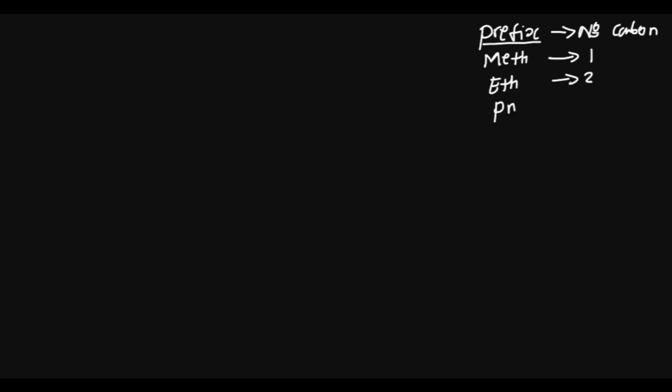Now, there is another point that I want us to look at first. We look at the prefix. Under organic chemistry, the prefix determines the number of carbons a compound has. The first one is meth, like from the word methane. Meth has 1 carbon. Then we have eth, 2 carbons, prop, 3 carbons, but, 4 carbons,